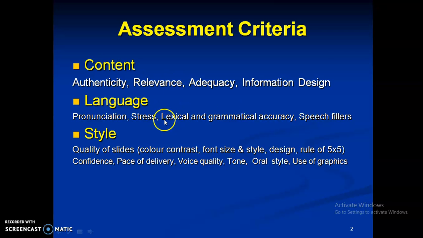Now, lexical accuracy means choice of words, quality of words, and then speech fillers. When you are recording a presentation, it should look like a presentation. You should not be reading from the written notes. There should be speech fillers like I mean, you know, like this, well, etc. So it has to be spoken discourse. There should be hesitation, pauses, speech fillers, assimilation, elision, elliptical sentences. All this, your presentation should look like a talk, as if you are talking to the